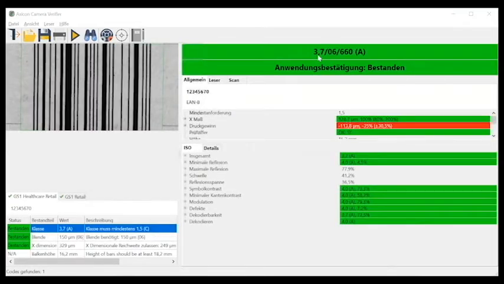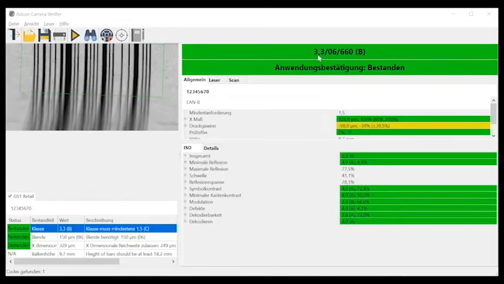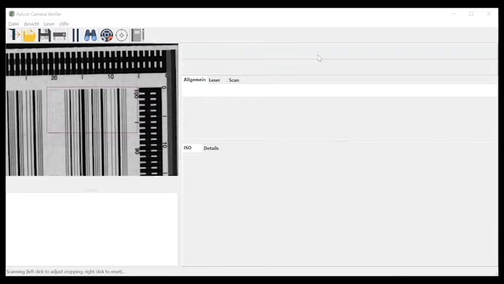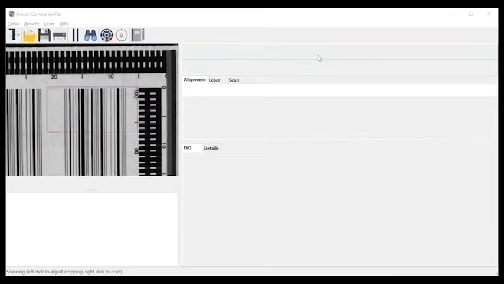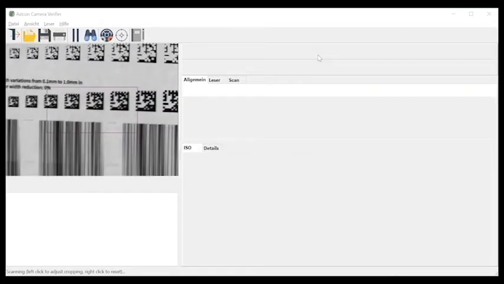So here we have a 3.7. Then, oh, sorry, it wasn't right. So that's the last barcode. For the A section, that's 3.8. Then we go on with the B section. Just have to rotate the